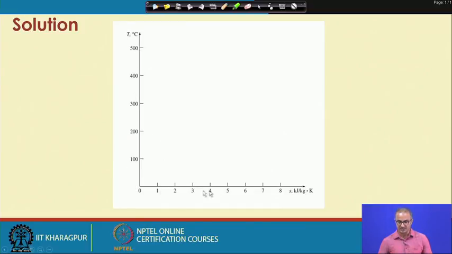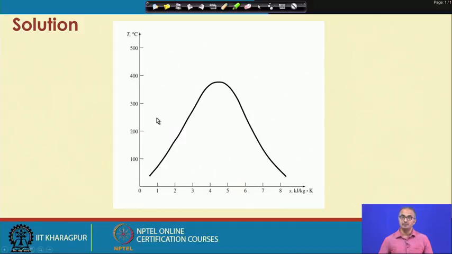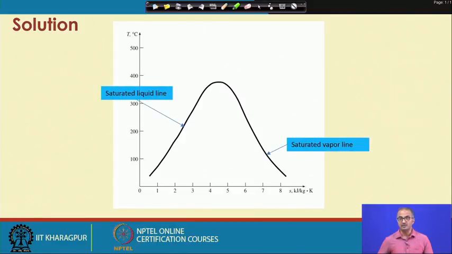With the temperature axis and the entropy axis, there can be various units of temperature and entropy. First we will find there is a kind of dome. This dome represents the demarcation between the single phase and the two phase regions. On the left hand side is the subcooled liquid. In between we have the mixture of vapor and liquid, and on the right hand side is the superheated vapor. This line is the saturated liquid line and this line is the saturated vapor line. This is how we represent this system on the TS diagram.